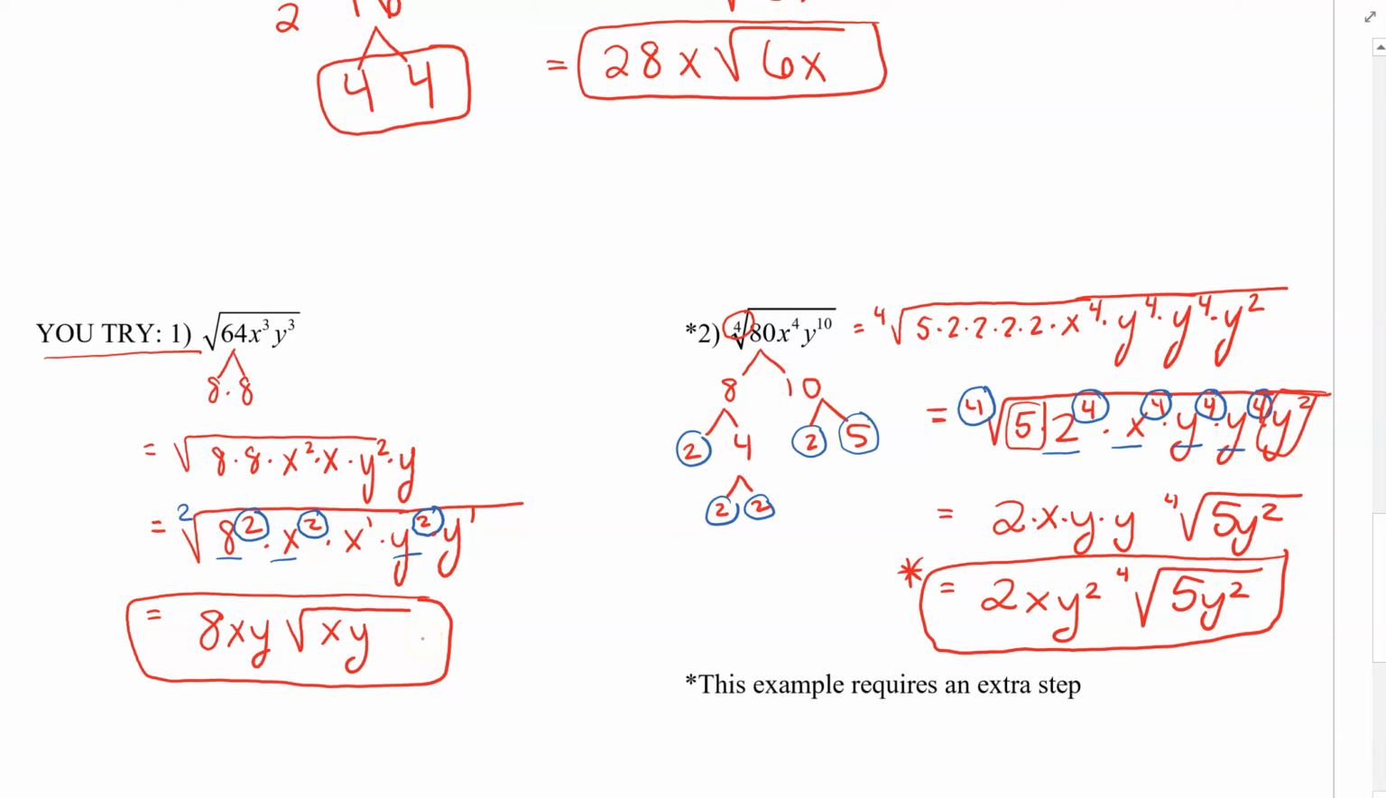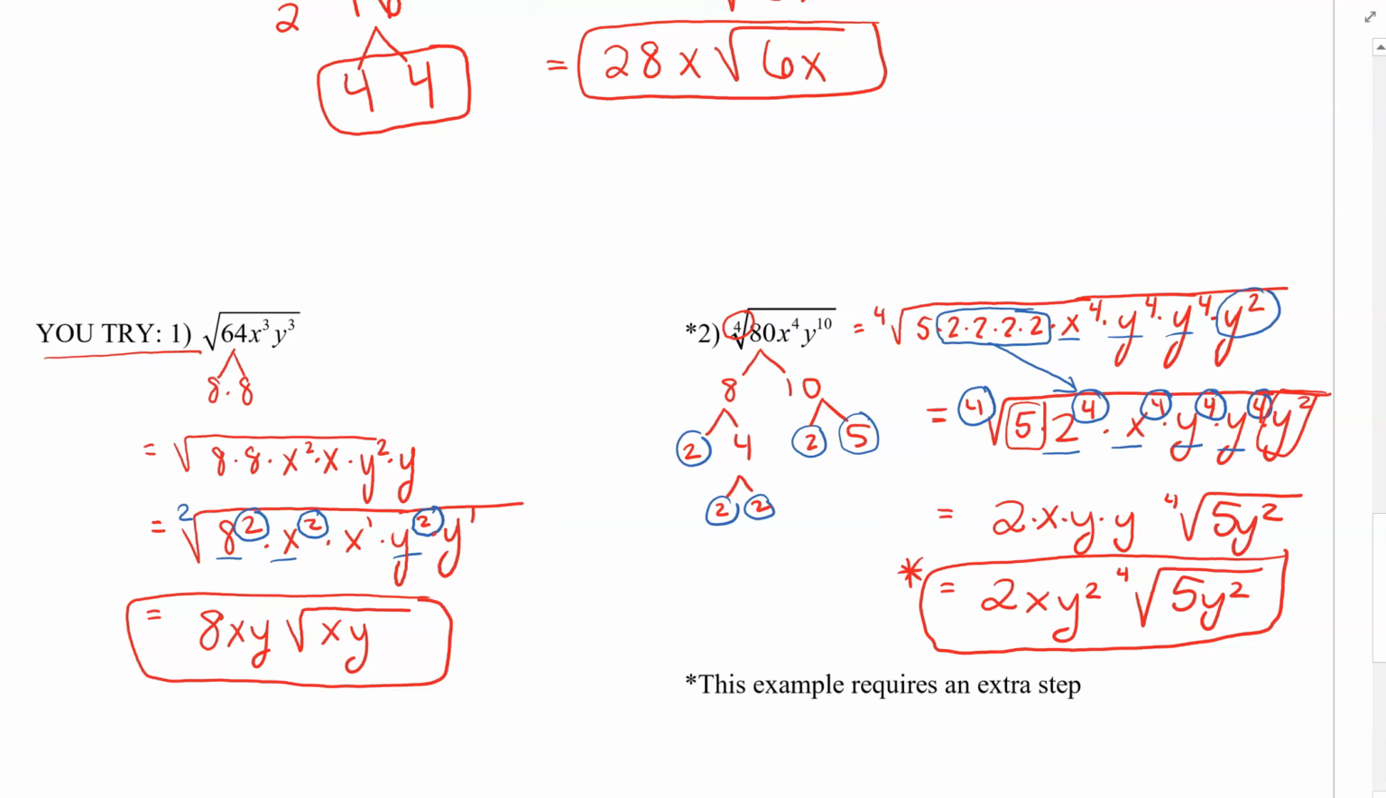For number 2, I had to factor 80 and I got it into 2 times 2 times 2 times 2 times 5. I think we did that earlier, so it's the same factors: 4 2s and a 5. Recognize that 2 to the 4th was a perfect fourth, a perfect quartet, right? I wrote that as a power, 2 to the 4th. And then I had a couple other perfect quartets, right? 4 factors of x and actually 10 total factors of y, which could break into 2 perfect quartets and then 1